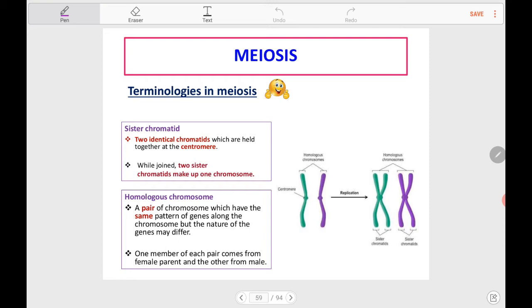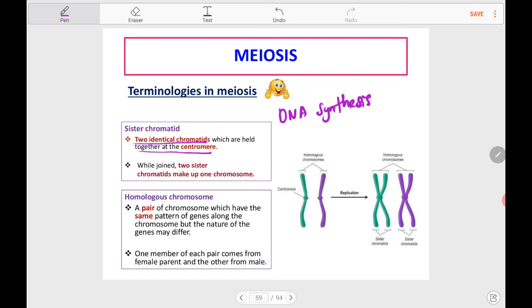Similarly, in meiosis, sister chromatids also refers to the two identical chromatids which are held together by the centromere. Kenapa ada dua identical sister chromatids? Ingat, it's because of the process of DNA synthesis,